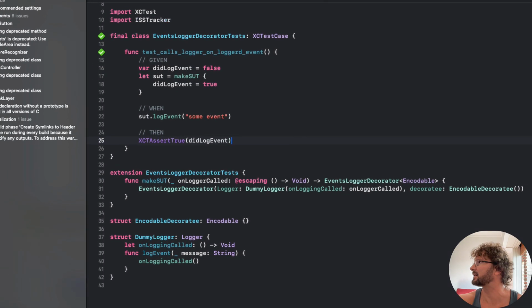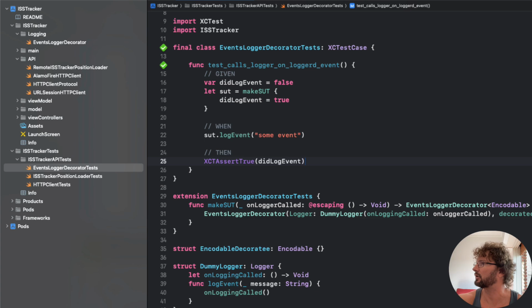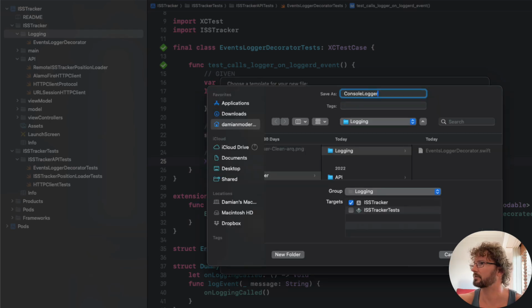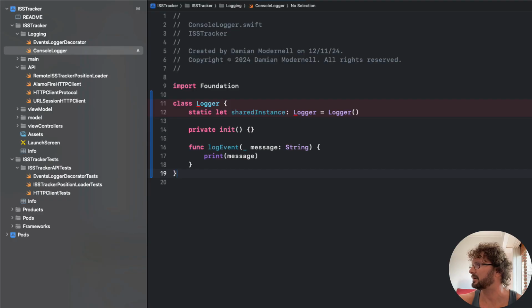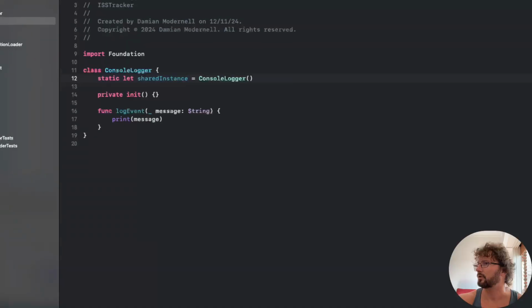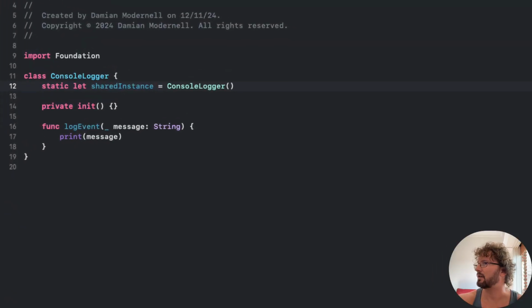Cool, so now it's time to bring our ConsoleLogger that we implemented in the previous video. I'm going to create a new file for this one. We're just going to rename it to ConsoleLogger. And there we have it, implementing ConsoleLogger. You will probably notice that we don't have any tests for this ConsoleLogger, and that's because the only thing